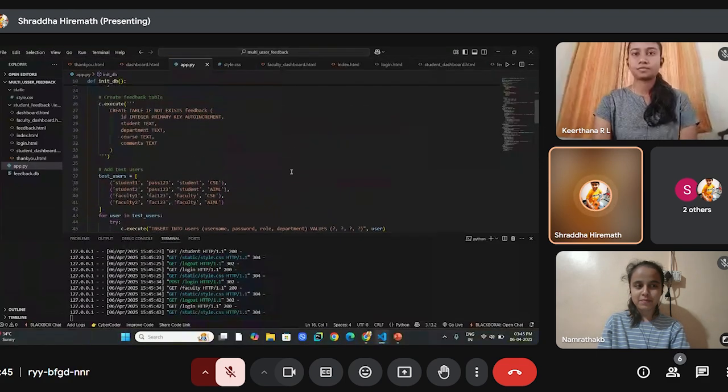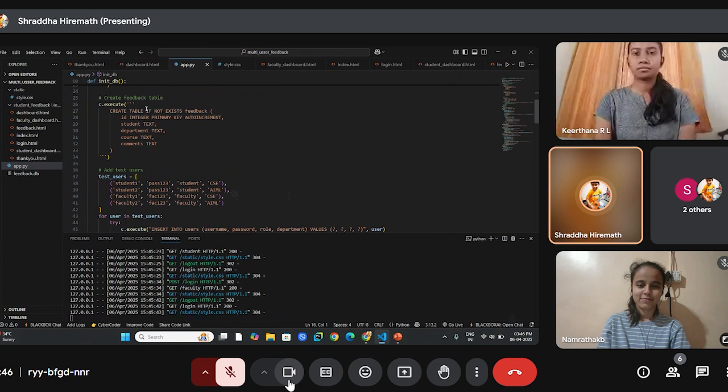Here in this code, we have used 3 to 4 attributes: the name, course, rating, and comments. And we have used two libraries, Flask and Jinja 2, which I have already told you about. Flask stores the user data and the name after the login. Jinja 2 is the template engine used here.